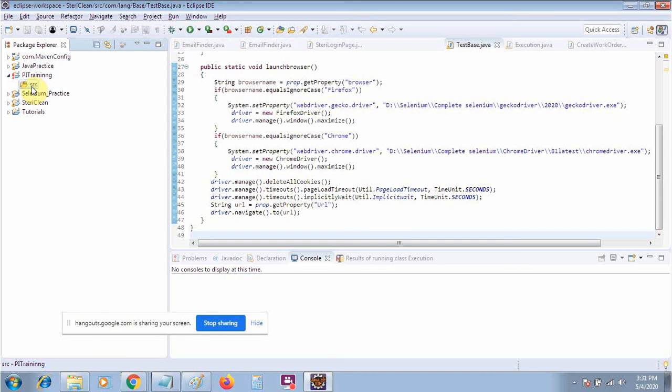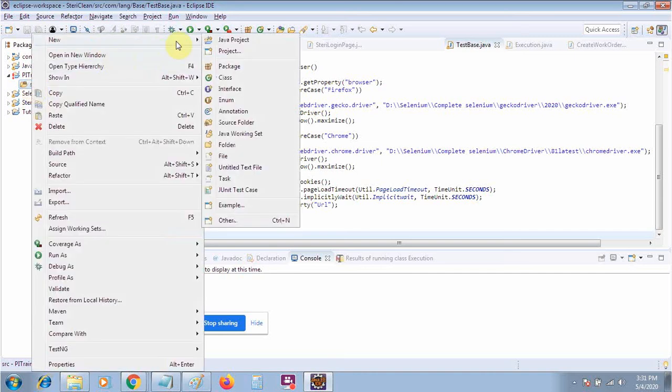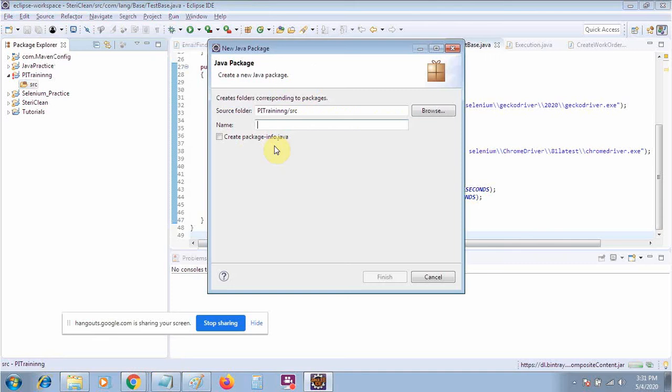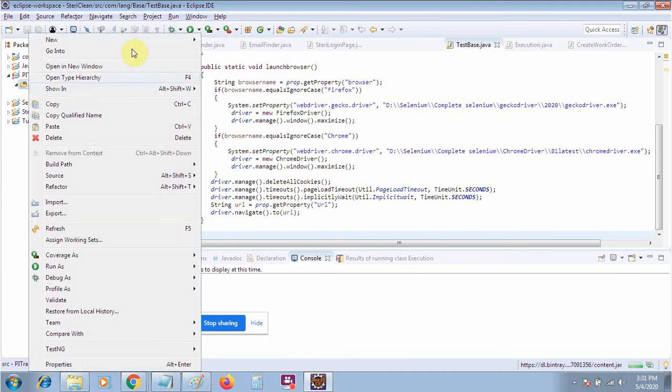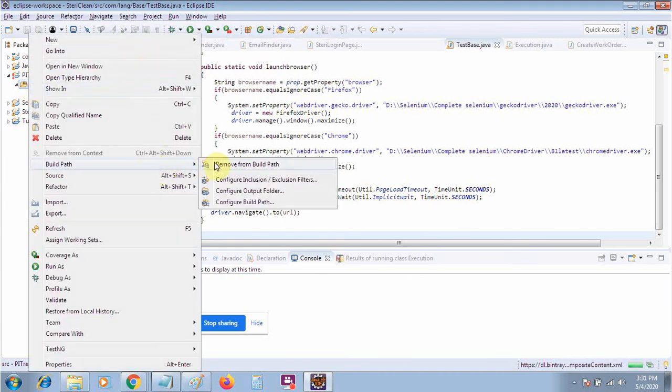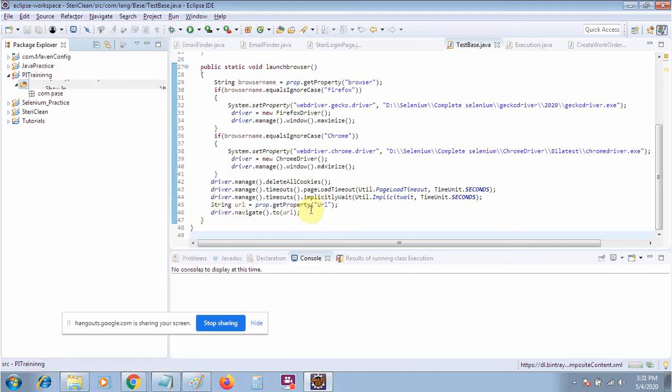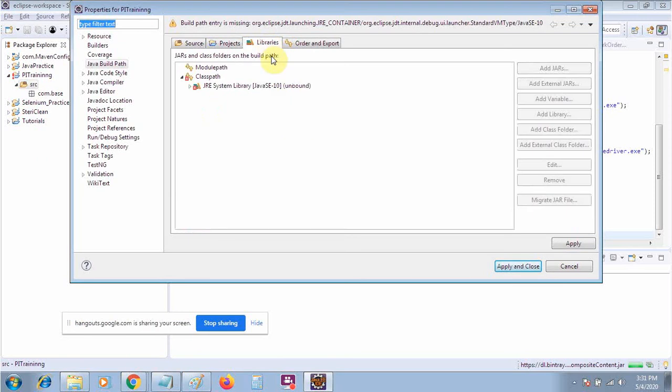Now let me create a package, so all the things we will perform will be inside the package, like com.base. Now I will import some jar files in my project. I will right click and go to the build path. Here you will get the configure build path. Inside the configure build path, you will go to library, and here you can add the